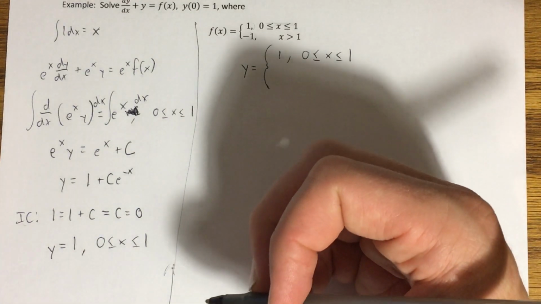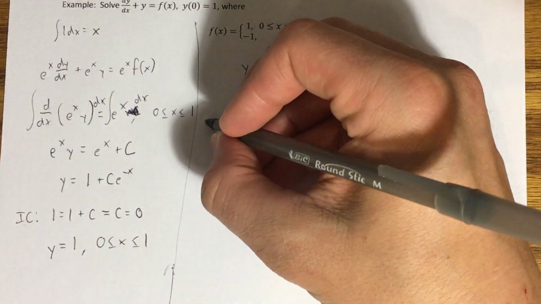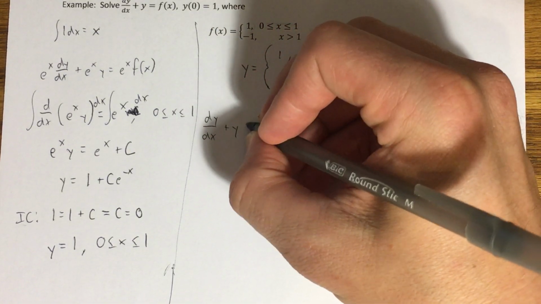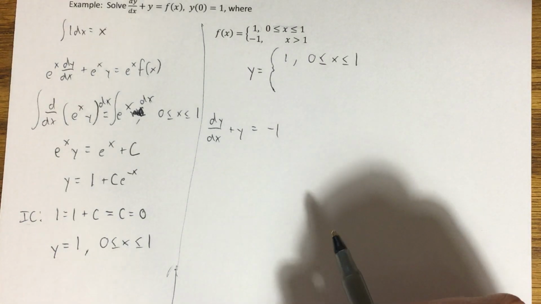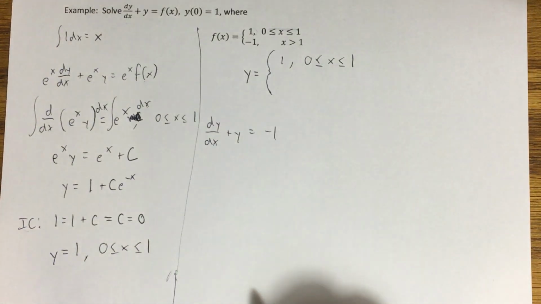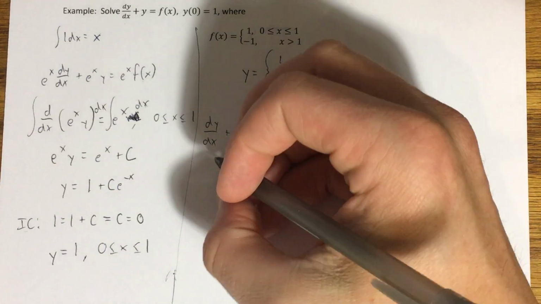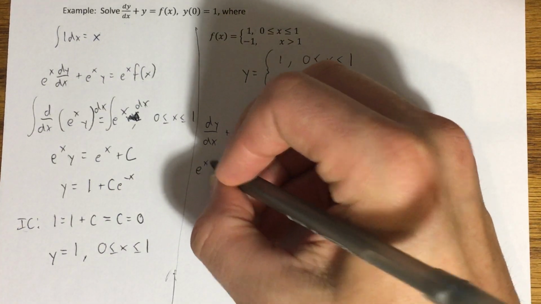Go like that. What if we had dy/dx plus y equals -1, right? Using the second line here. I'm looking for a general solution to this. Notice the integrating factor would be the same as before. So I'm still going to have e to the x